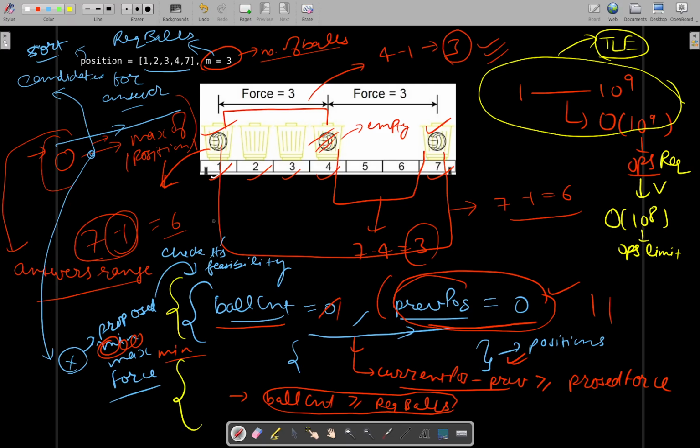And it has to be done in order to check the feasibility of the proposed maximum minimum force. Okay, so we cannot help in reducing the time complexity at this step, but we can surely reduce the time complexity here while we are traversing the range, checking for the next possible candidate. Okay, candidate for answer,